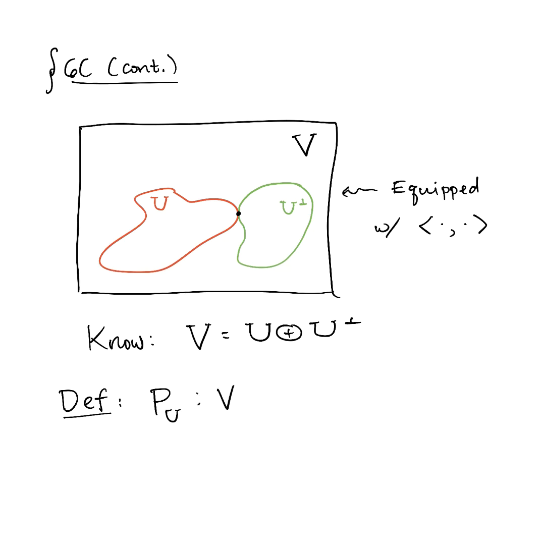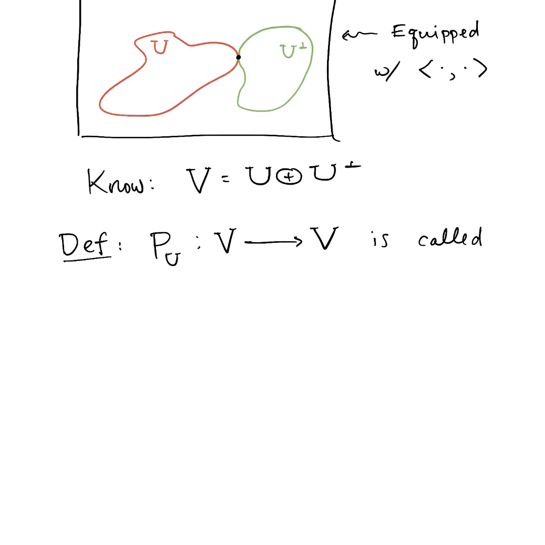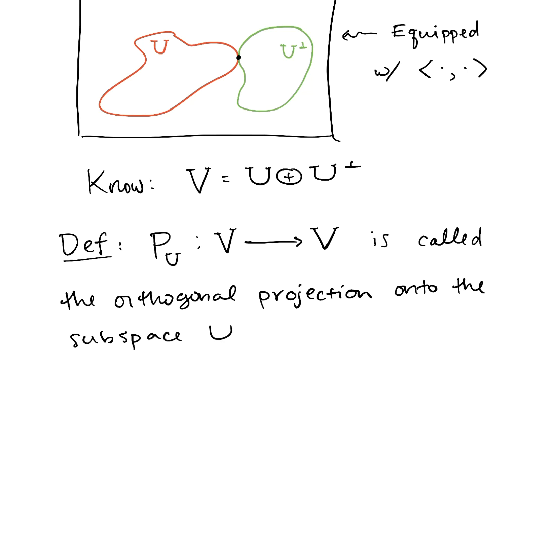The map takes inputs from V and produces outputs in V. That map is called the orthogonal projection onto the subspace U and is given by,